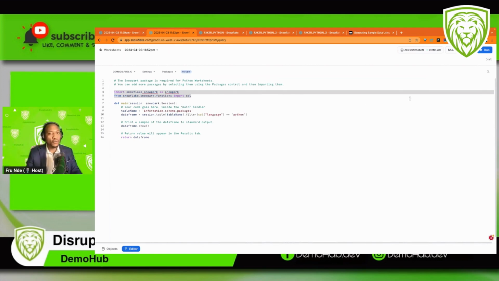And so in this case, if you run this, it's going to execute every single thing. That's just one thing to be aware of if you're coming brand new to Python worksheets from the SQL worksheets. That's pretty obvious. The second thing is, if we have this code written within this worksheet, it doesn't make sense